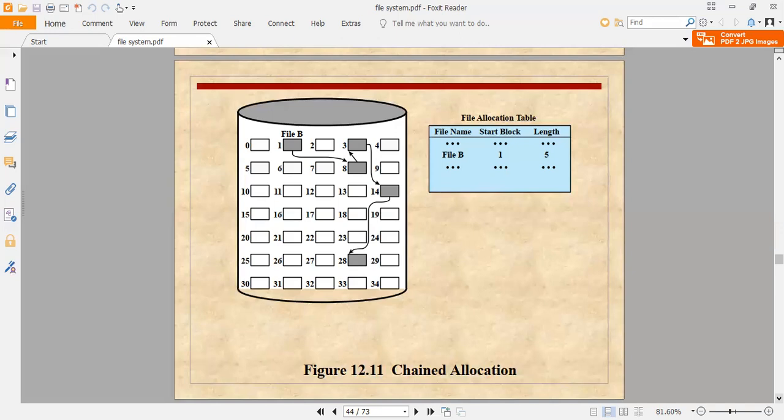And the most common solution to this problem is to collect blocks into multiples, which are called clusters, and to allocate clusters rather than blocks. The cost of this approach is an increase in internal fragmentation. So if we implement this approach with the help of clusters, we have to undergo the problem of internal fragmentation.